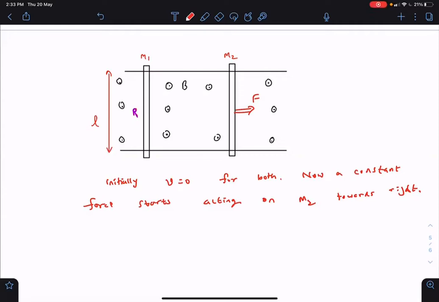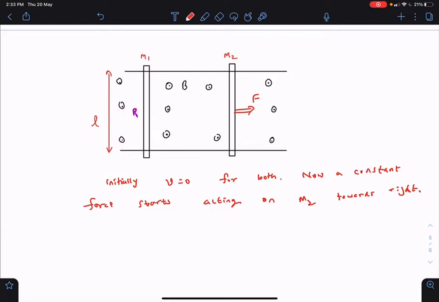Sir, it will be like a spring connected between two blocks and we give a constant force F to one block. The motion will be like that, I think. Can you tell me what will happen if we connect a spring? I thought the motion will be similar. No, you are saying that this is similar to what happens in case of spring. So tell me what happens in case of spring.